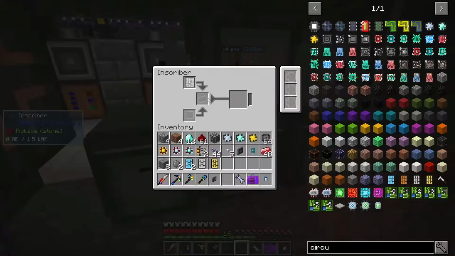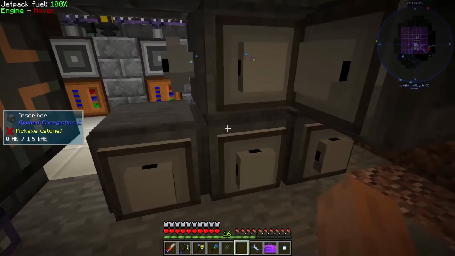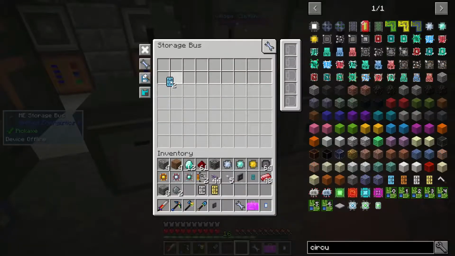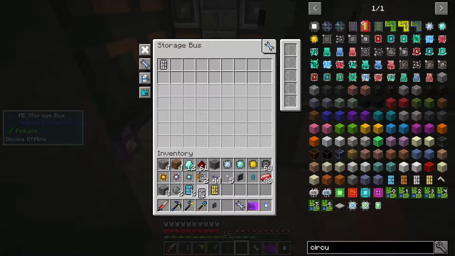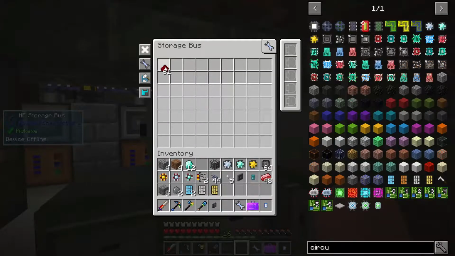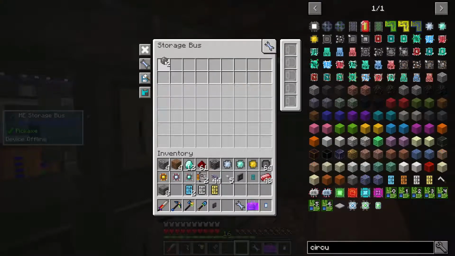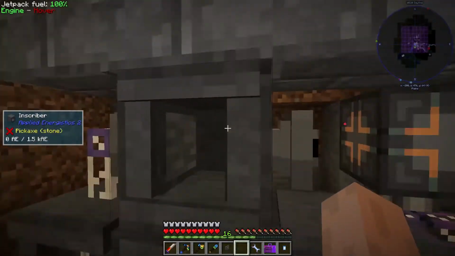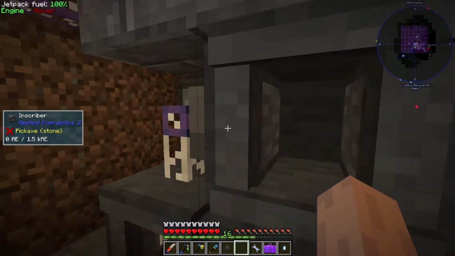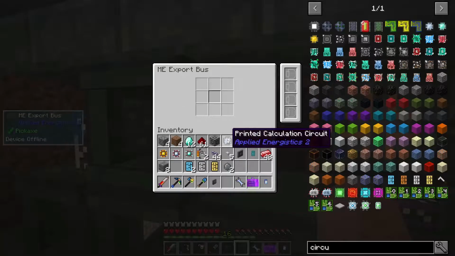The next one along was the Engineer Processor, which I believe comes from this one here. So click on here and one of those in there, and then we've got the end one over here, which is going to be this one here, the Calculation Processor. On the back of this one, we're going to want this to store the redstone, and this one is going to be silicon. So this will be the silicon press. This will press the silicon. This one will take the redstone from the back, the pressed silicon over here, and in this one it will be,